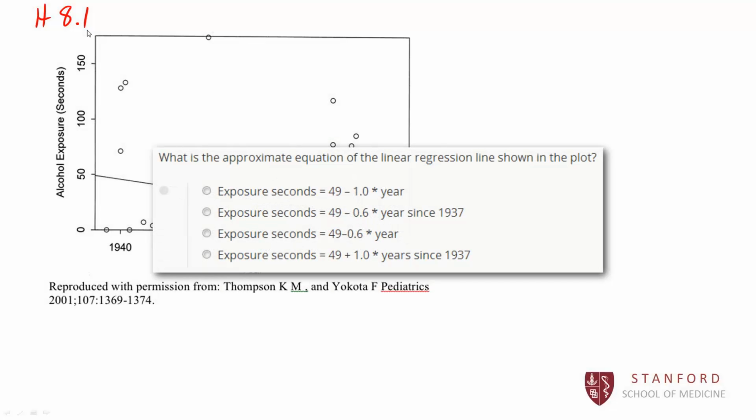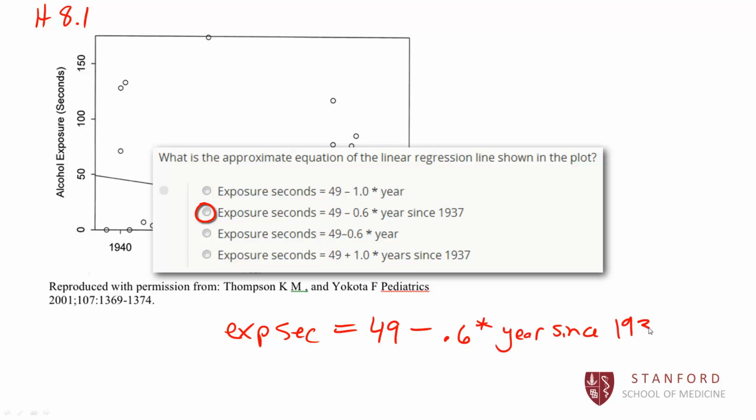The correct model here is B. The exposure seconds is equal to 49 minus 0.6 times the year since 1930. The reason I'm doing it as year since 1930 is because on my graphic, my y-axis doesn't go to at x equals 0, it goes at x equals 1937. So it's just easier for me to estimate the equation of that line using years since 1937 as my x